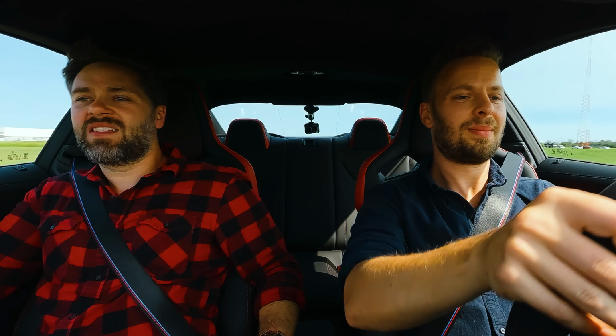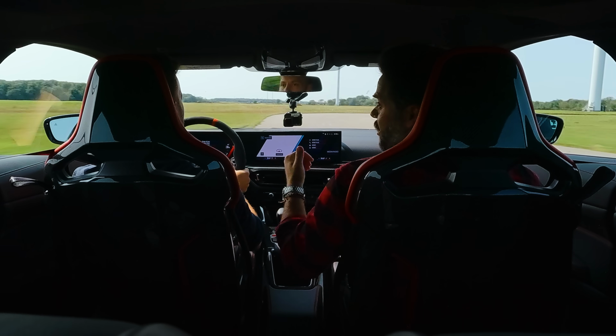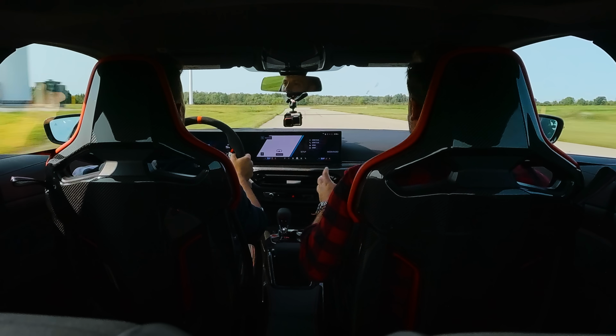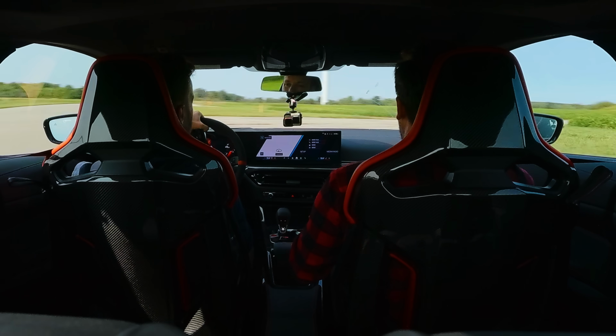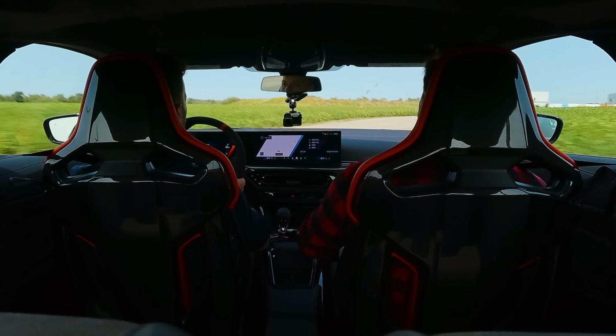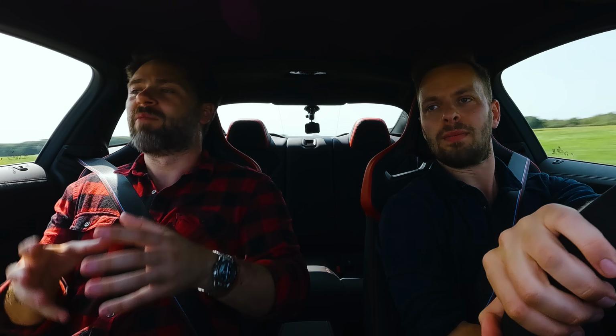Because it has some of the character. Oh, also exhaust sound. This sounds really good. It's loud. Yeah, it's definitely got more flair than the competition. It hasn't got the bass booms of the M8, which I actually prefer in this. I didn't like those. They were too bassy. Anyway, sorry. So this I think has some of the...